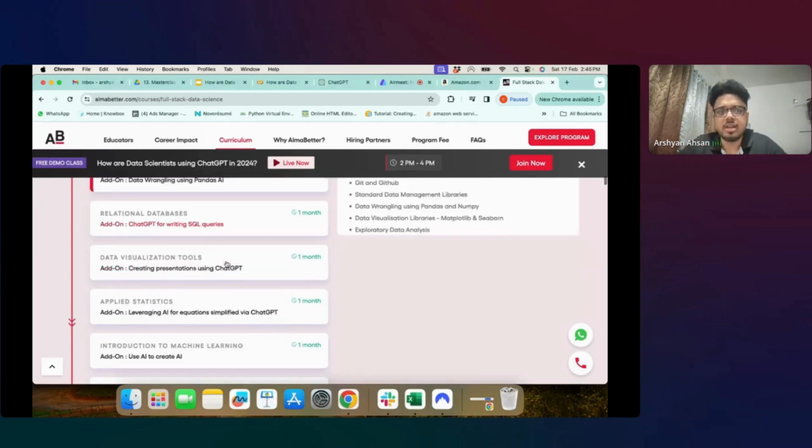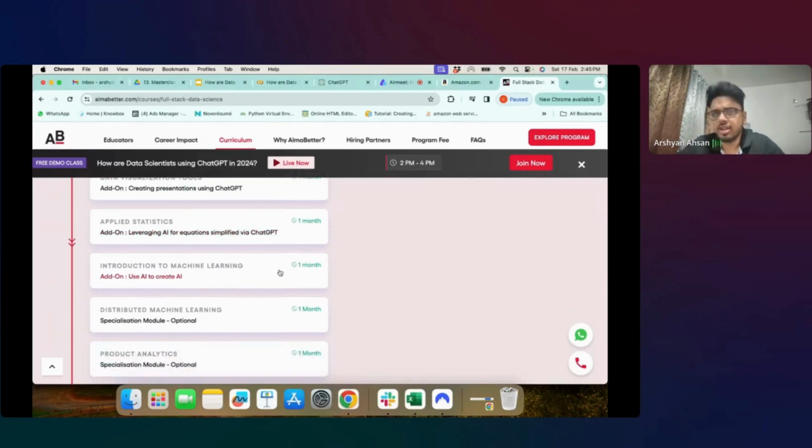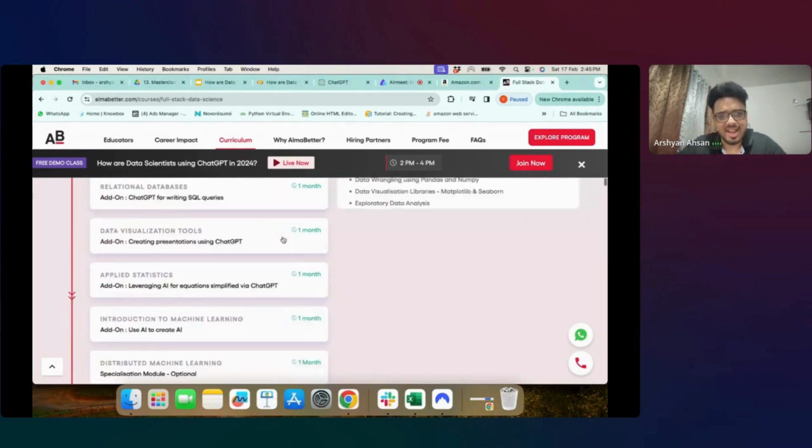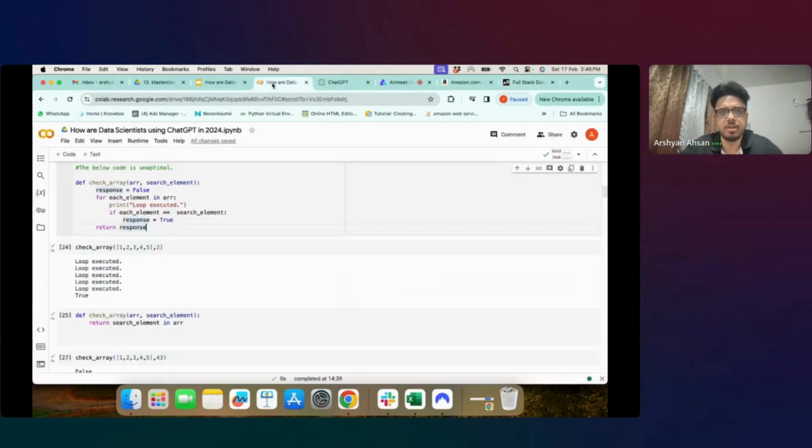Things are evolving very fast. So always have a focus that no matter whichever institute, whichever organization you are joining, the guys have an understanding of how things are evolving in this industry, and the curriculum, the learning methodology, the pedagogy is very well adapted to those structures. So that is what we totally feel at Alma Better, that this is something that we want to drive. And hence, all our courses, if you see, are having the ChatGPT add-on, which essentially helps you understand how ChatGPT can be used across all these modules, across all these concepts, and in your day-to-day code, day-to-day life. ठीक है?